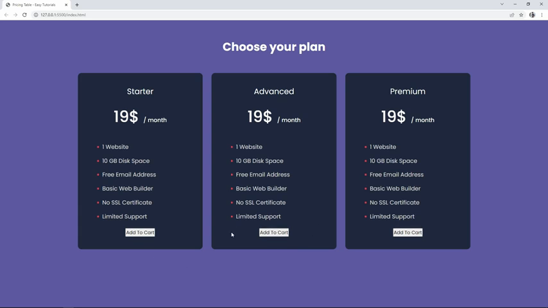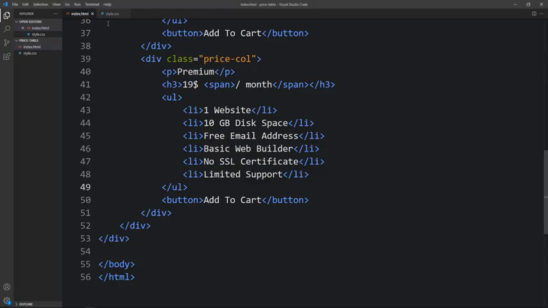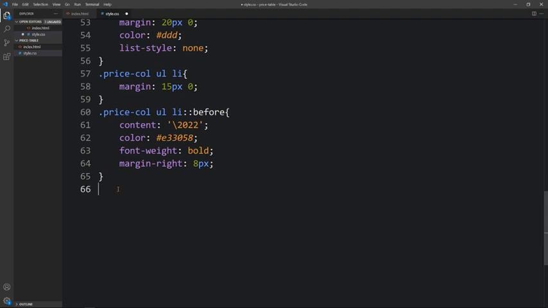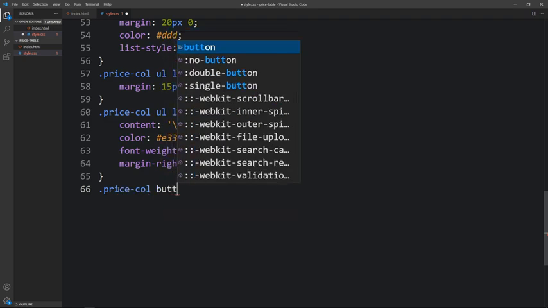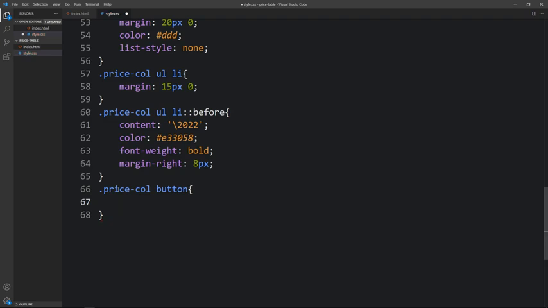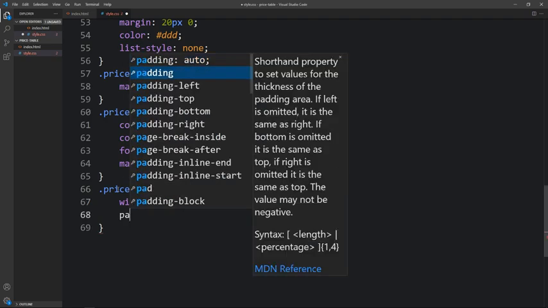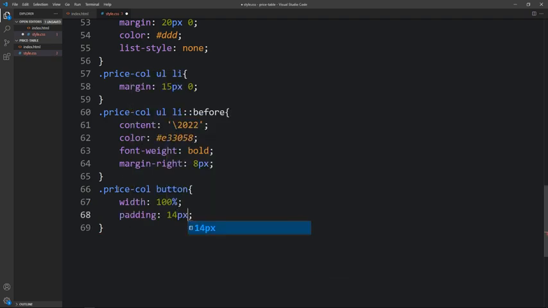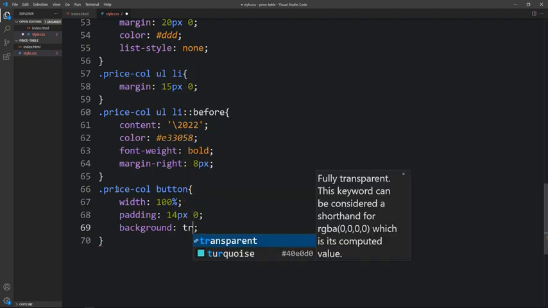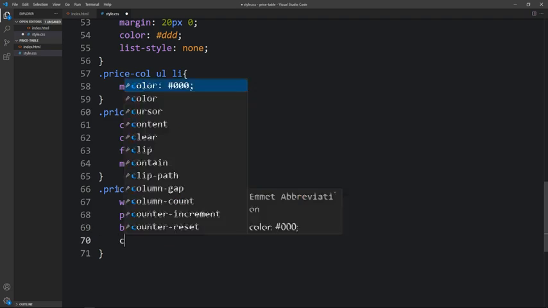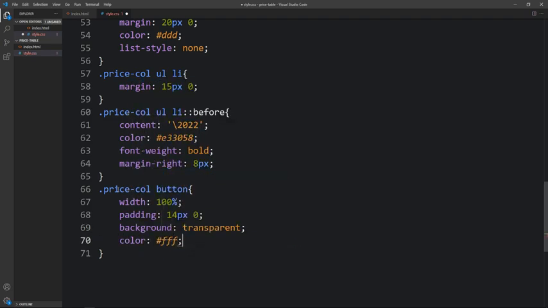Next we have to add the CSS for this button. So let's come back and come to the CSS file, again write this class name, price col, then button. Now for this button we will add the width 100%, then we will add padding. So let's add the padding of 14 pixel and 0. Then background will be transparent, there will be no color, and color will be white, it will be button text